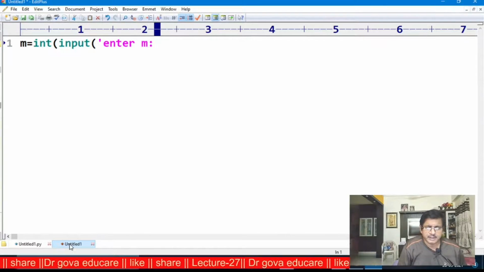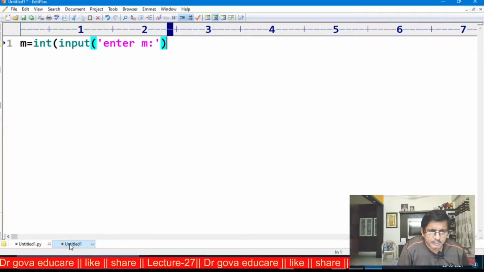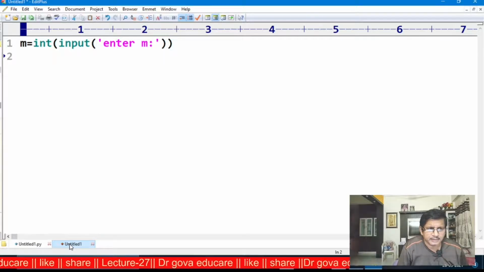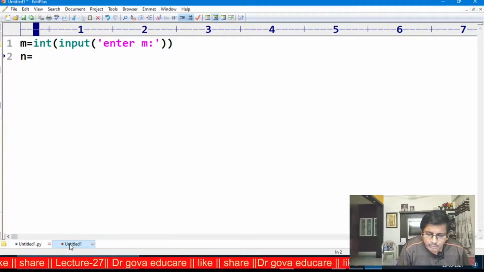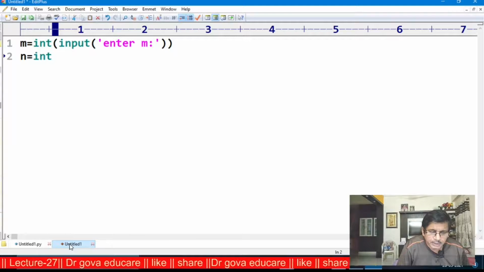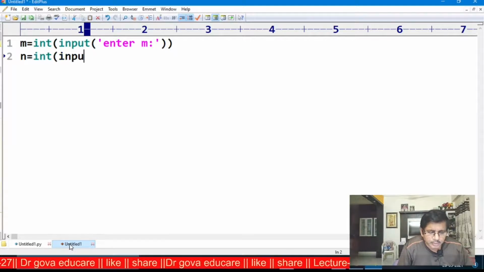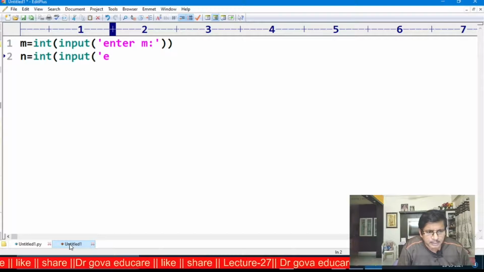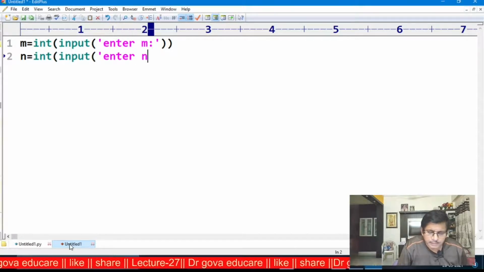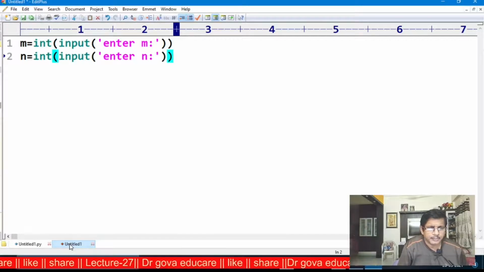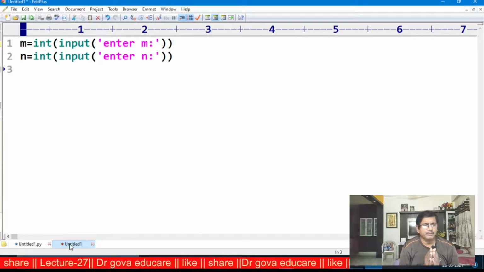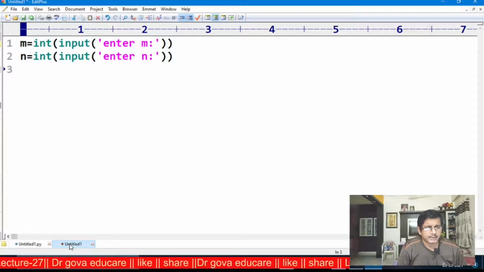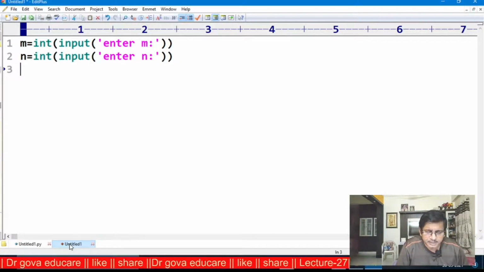Here m is the dimension of the matrix A. n is equal to int of input, enter n. Now, these are the dimensions of A. Now, I want to enter the dimensions of the matrix B.